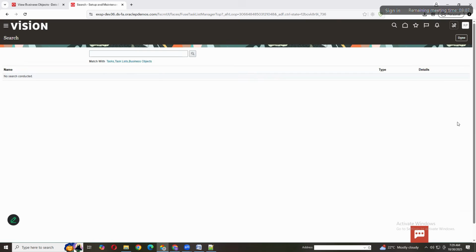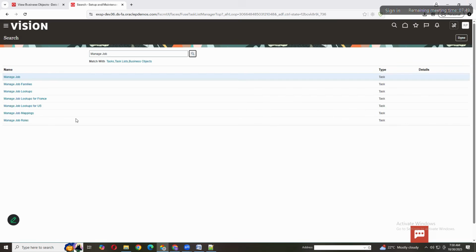Once you click on that search, it will land you in the global search page. Here, search for manage jobs. Once you search with this, you'll get the job related menu. Click on the manage job icon,